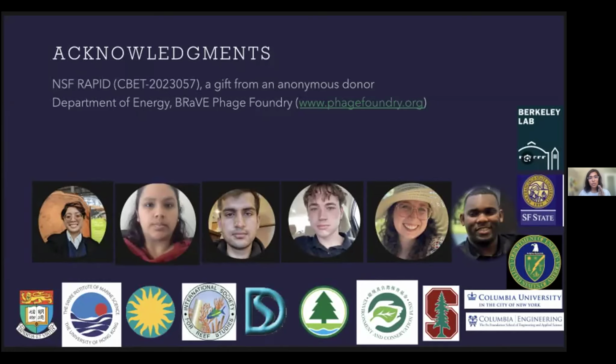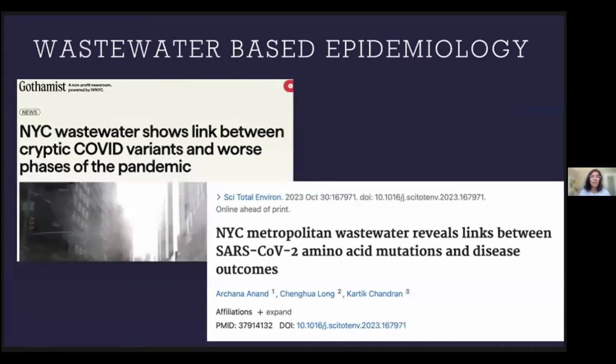I'm just going to spend one slide on how this all began. Arun mentioned that I did a postdoc at Columbia and Stanford. So I was part of one of the first few efforts that looked at SARS-CoV-2 in wastewater, and we were trying to figure out: is SARS-CoV-2 in wastewater? Can it even be correlated to clinical cases? Can we use it to tell counties and ICUs to prepare more beds because we're seeing a spike in infection rates based on what we see in the wastewater? So yes, we did that.